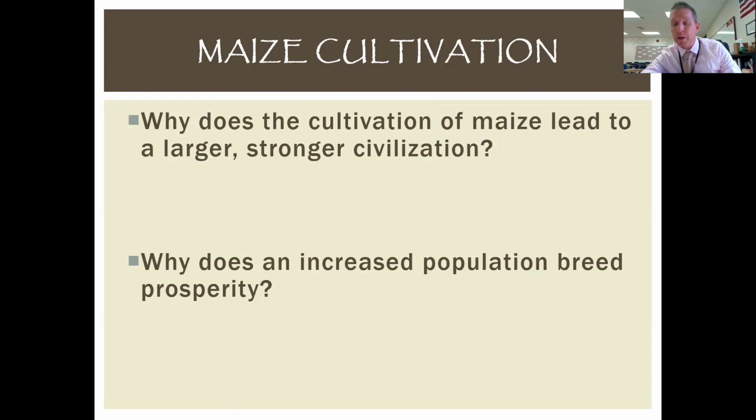So we can talk about all of these different things culturally, and it's really interesting, and that's something you probably covered significantly in world history. But one thing that I want to focus on, what maybe separates them from other groups that we're going to discuss that usually spread a little bit farther north, is maize cultivation. And why these empires grow so large probably has a lot to do with this. So I want you to think about these empires in terms of that agricultural phenomenon and answer these questions.